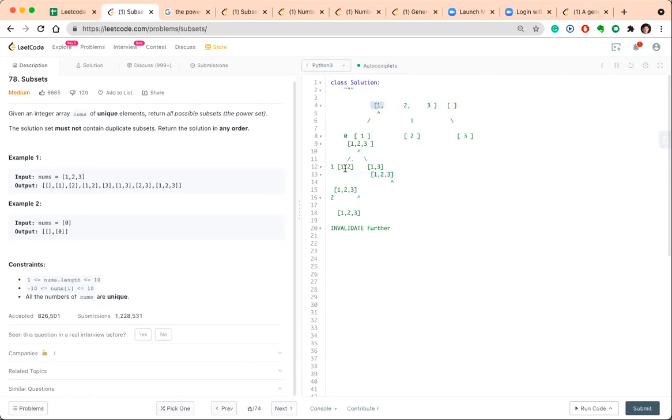On the second place we are either placing 2 or 3, so there is no chance of 2, 3. Yeah, that's true. I was saying 2, 3 in the second option over there, below this. Yeah, so here there is just one path, which is 2, 3. Yes, you're correct.